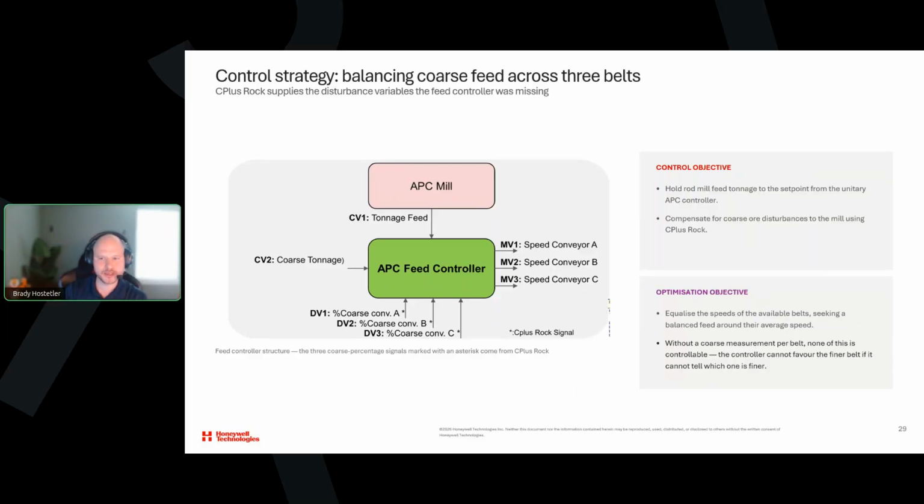And the control objective is to hold the